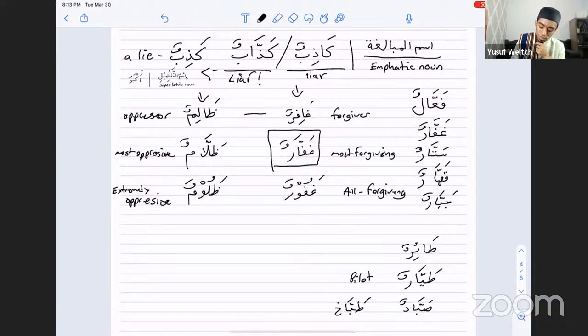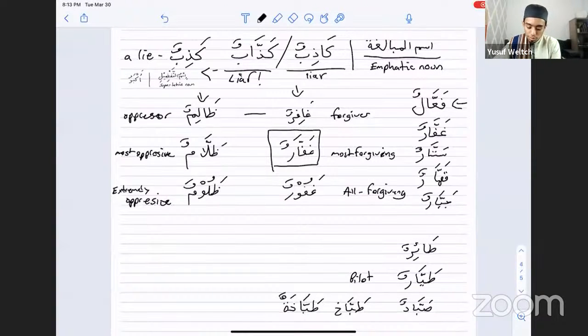So they use a lot of occupations on this. The only difference would be that if it was a woman, like for instance, a woman chef, she would be tabbakha. Otherwise, the form stays the same. The form is always fa'alun. And even fa'alun is in the Qur'an. Allah is fa'alun lima yurid. Allah absolutely does whatever He wants. May Allah make it